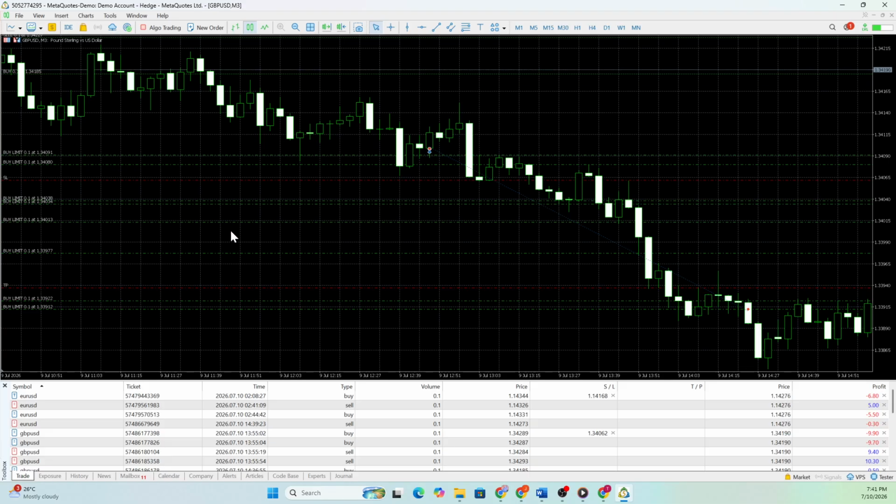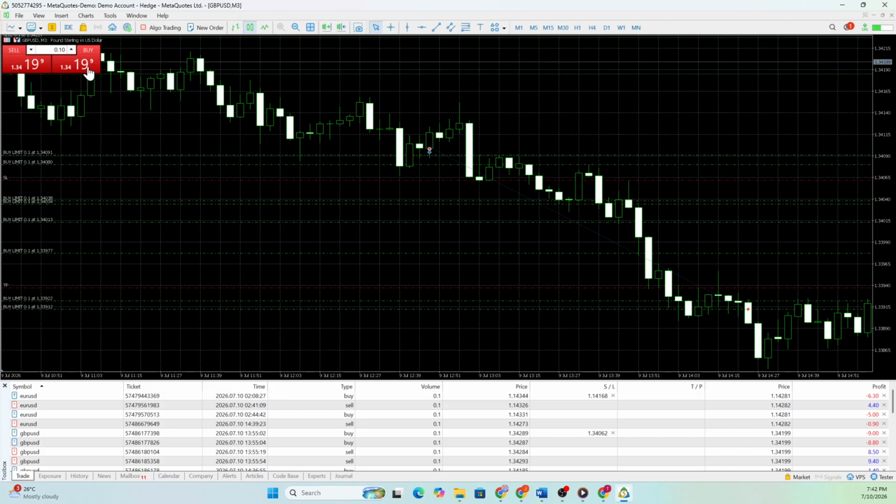Look toward the top of the chart. On the left-hand side, you'll see a small trading symbol. Click on that symbol. As soon as you click it, a trading panel will appear on the chart. By default, you'll notice that a sell limit order has been selected. The order line can be moved around the chart by dragging it to the price level where you want to